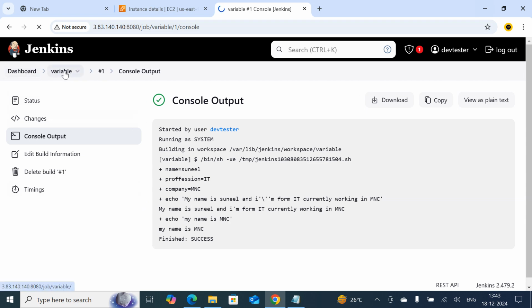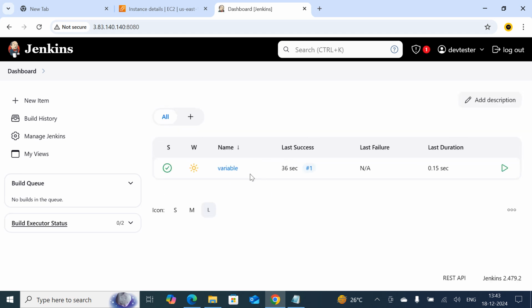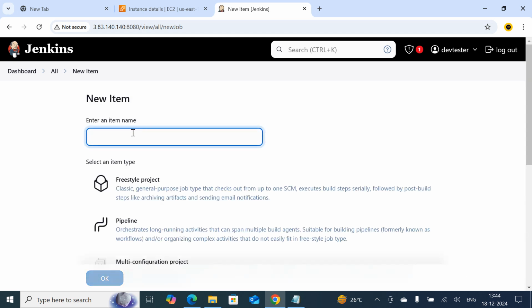Why? Because if you go to the variable job, where I had defined inside of the job, I had defined it locally. It means whatever variables I had declared are limited to this particular job only. But if I am going to create a new job,